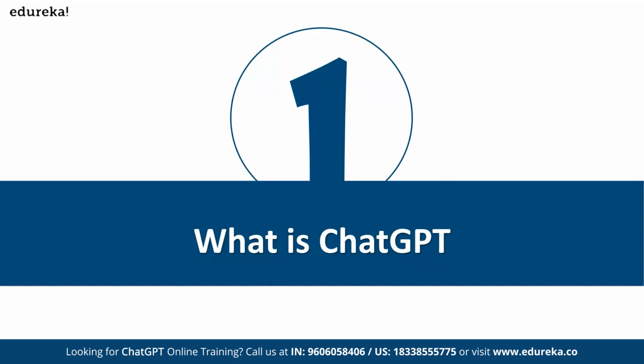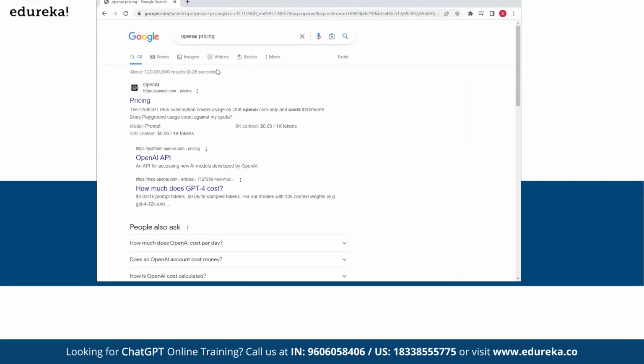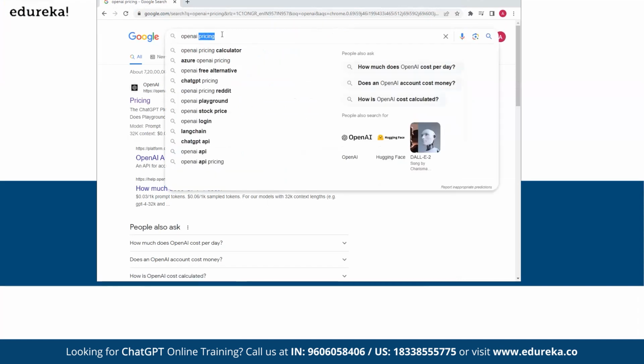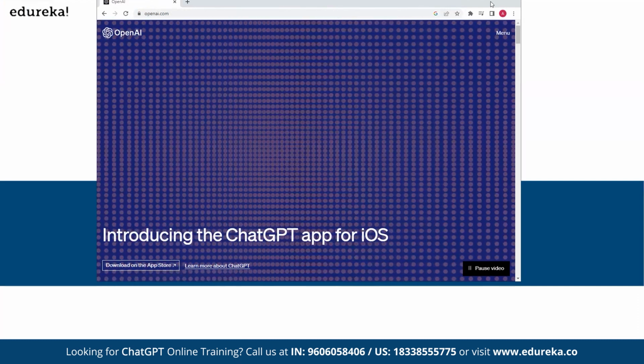So just to give you all an idea, there is an organization which is named OpenAI. The name of the organization is OpenAI. Let me show you what is OpenAI. So if you go to the website of OpenAI, so OpenAI is a research-based organization. Okay.